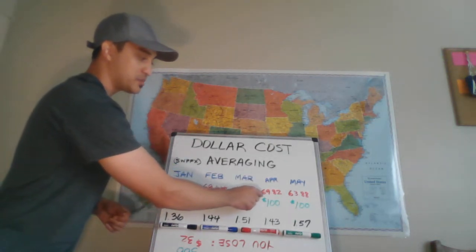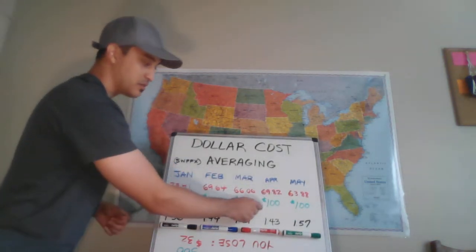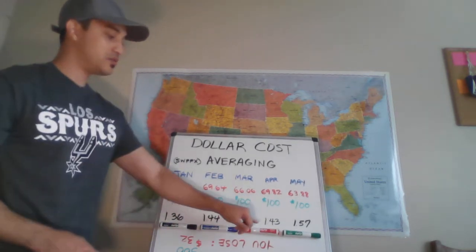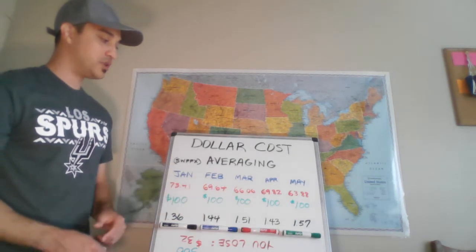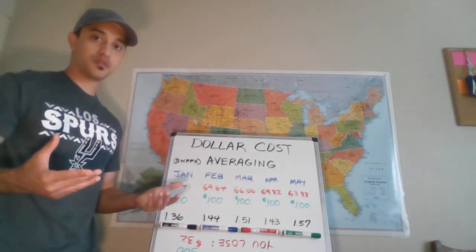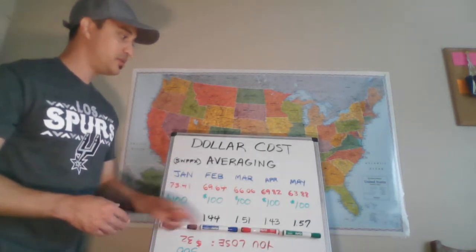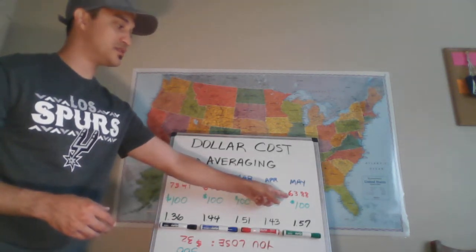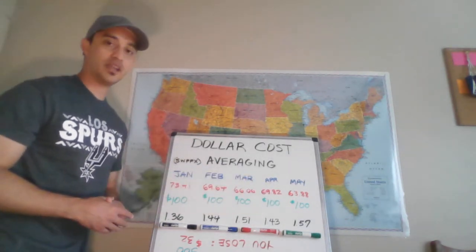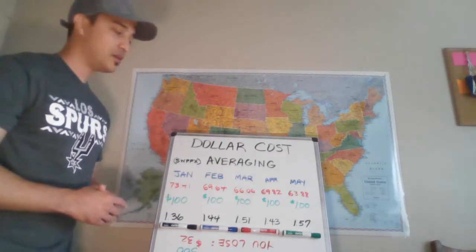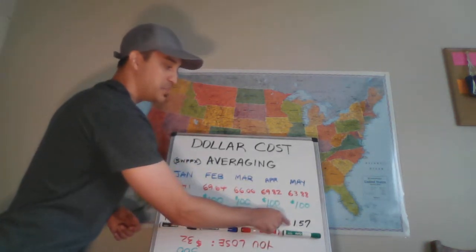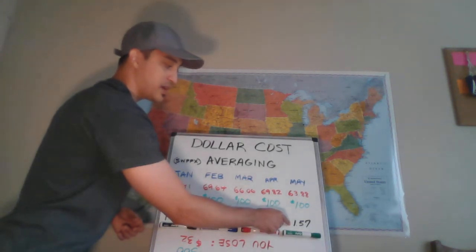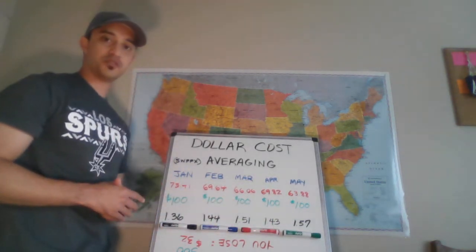The price goes back up to $69.82. You're still investing $100, so you buy 1.43 shares. It's less than in March, but it's still something, right? And then notice in May, this is the lowest price it has been at. $63.88 is the NAV. So you still invest $100, and notice this is the biggest number yet. 1.57 shares that you've purchased